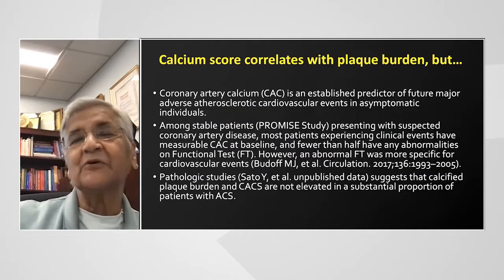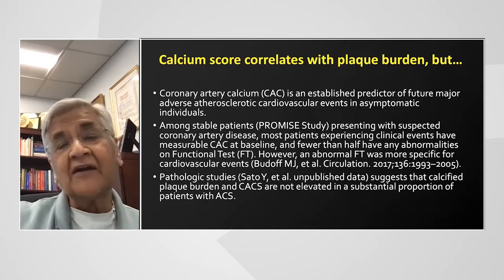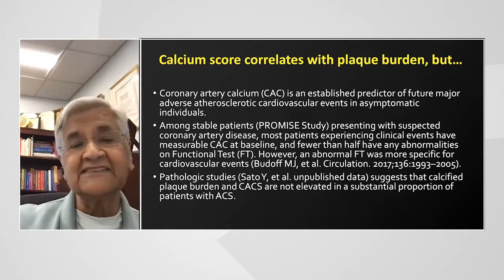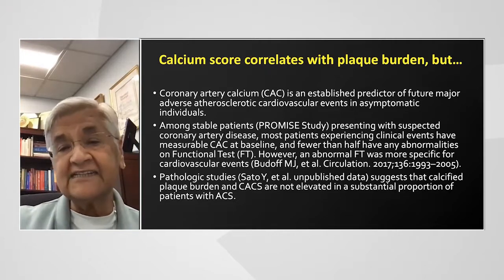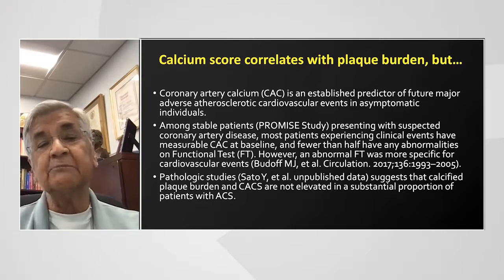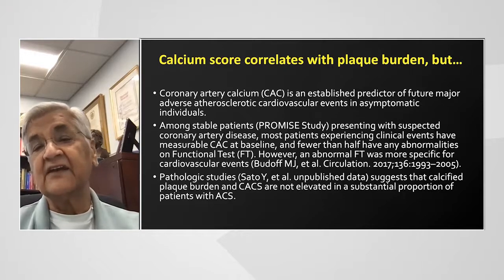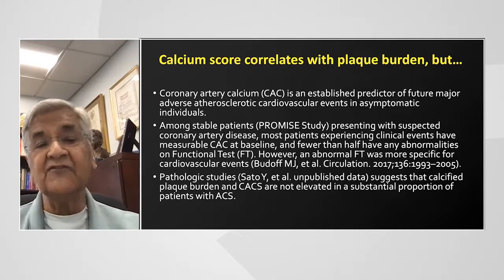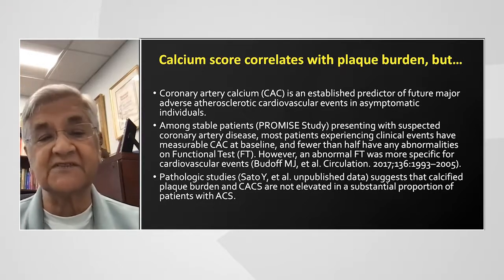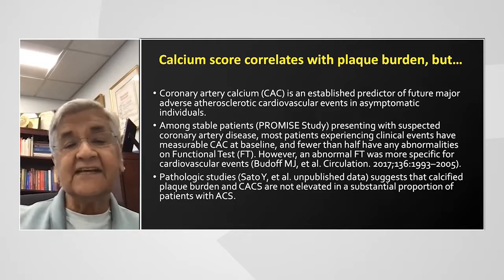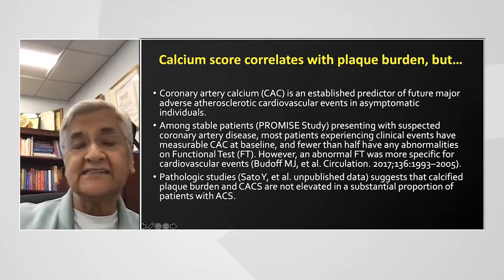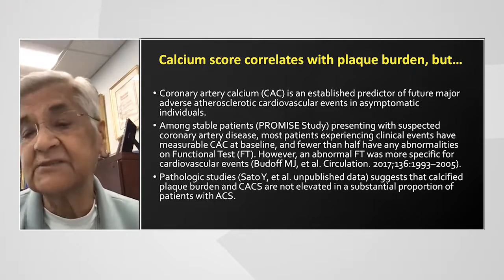So calcium score correlates with plaque burden. Coronary calcium is an established risk predictor, as you've heard already, and among the stable patients in the PROMISE study presenting with suspected coronary artery disease, most patients who experienced clinical events had measurable coronary calcium at baseline, and fewer than half had abnormalities on functional tests. However, an abnormal functional test was more specific for cardiovascular events. I think pathologic studies suggest that calcified plaque burden and coronary calcium scores are not elevated in a substantial proportion